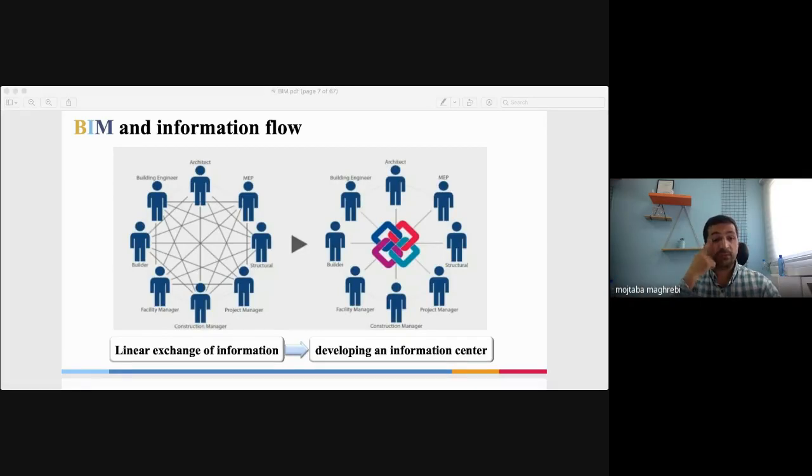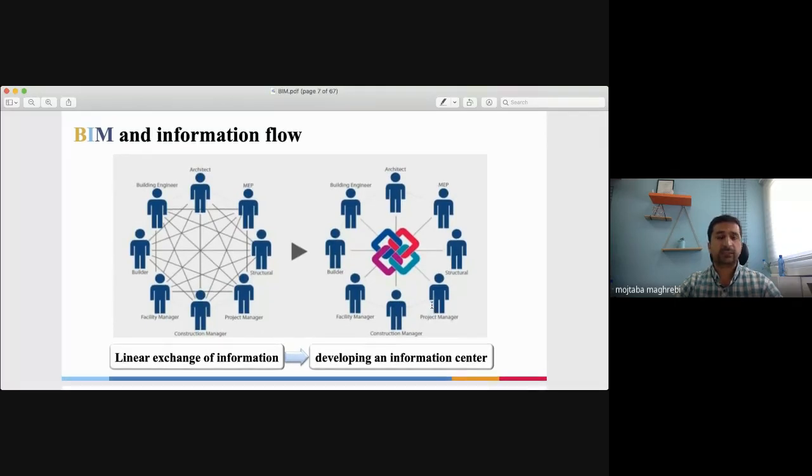The main benefit is that gradually we could build up one single model, rather than a number of drawings that every different party has in a project. So when we have this sort of information sharing, it allows us to minimize rework in projects. Why rework? Because they will start with the building structures. Later on, the architecture comes through.